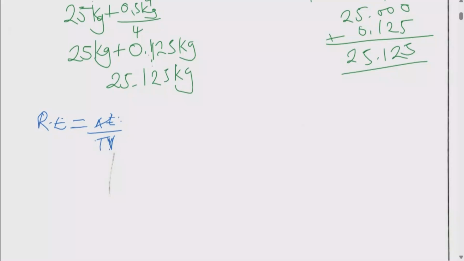Okay, true value. I don't know if it's visible so much. So we are saying absolute area divided by true value. Okay, so what is the absolute area? We don't know, so let's find the absolute area. So what we're going to do is we're going to say absolute